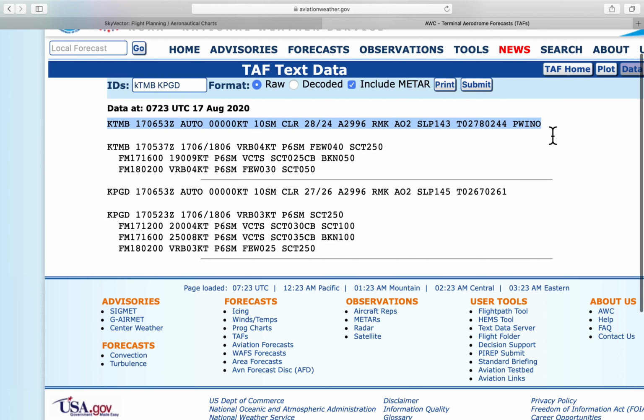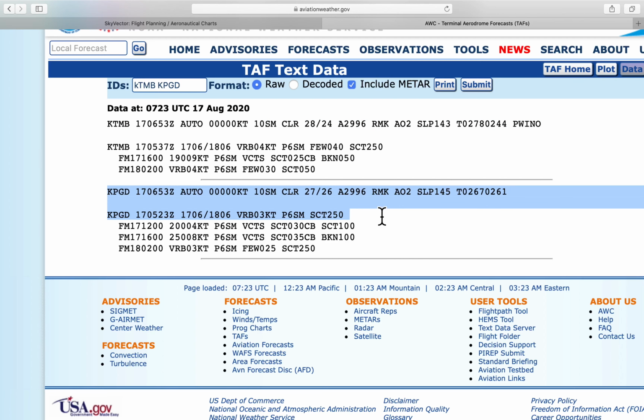This is a METAR, and this is a METAR of our destination airport. So this is Kilo Tango Mike Bravo, which is the airport identifier. This 17 is the date, which is 17th of August, and 0653 Zulu is the time at which it was issued.